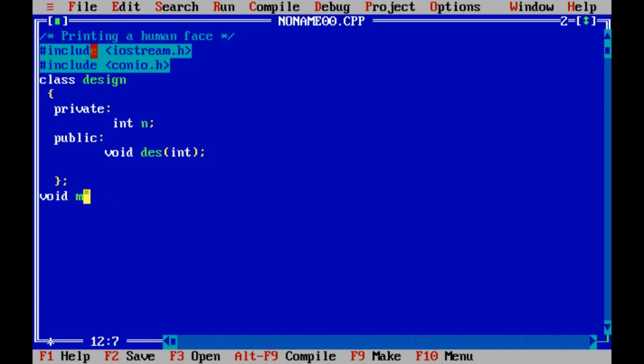Now I define the void main function, void main of void. Now I define a variable int a, and I instantiate our class with an object named dis1.